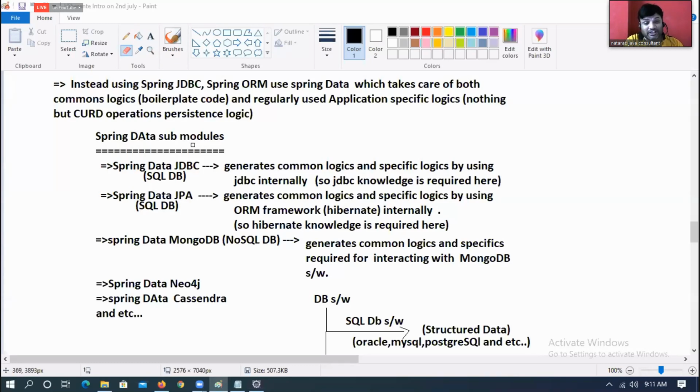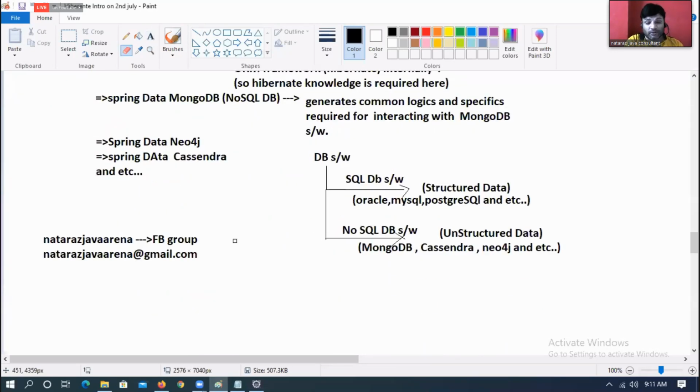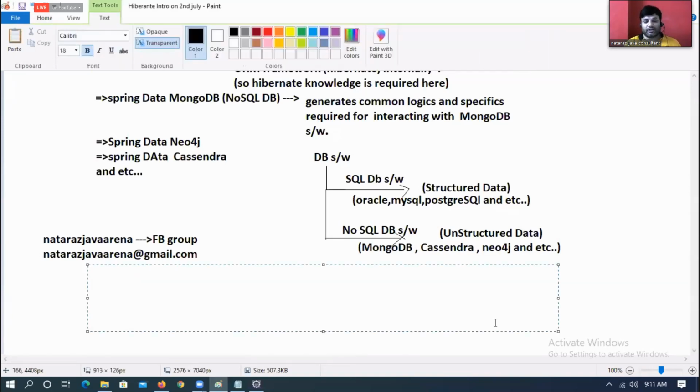So Spring Data JDBC and Spring Data JPA are there to deal with SQL databases. Spring Data MongoDB, Spring Data Neo4j, Spring Data Cassandra, all these are there to talk with NoSQL database software. So this is one more angle I am trying to present. Unified model means all of them can be dealt with in a similar manner.